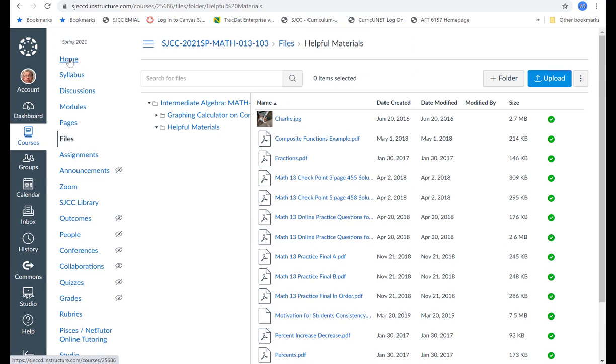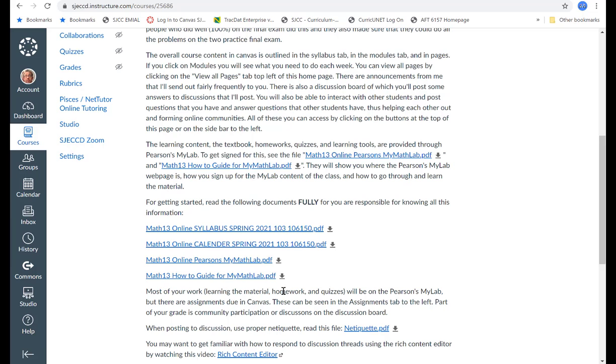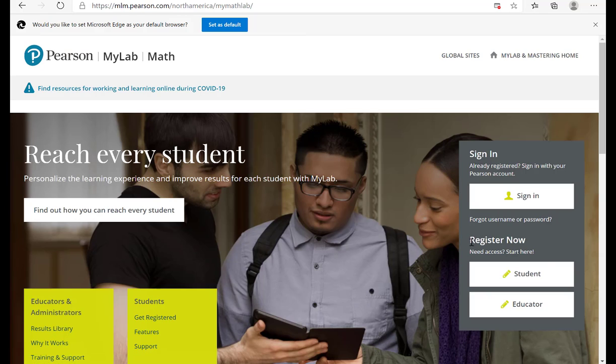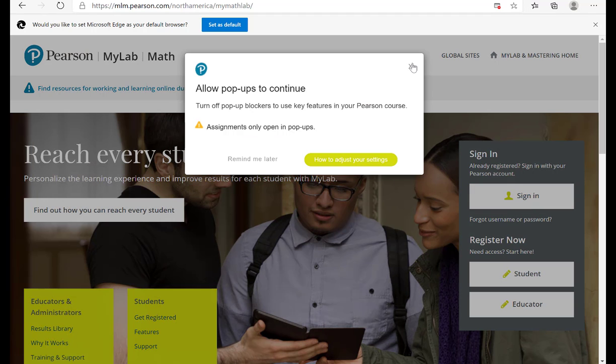Let's go back to the home page. Let me show you my math lab. If I click on this, we have this document. And this is our class code. If we go to Pearson's My Math Labs, follow this link. Okay, you'll have to register. You can figure it out or read that guide as the 4th document. And then once you register using that class code, then once you are registered,